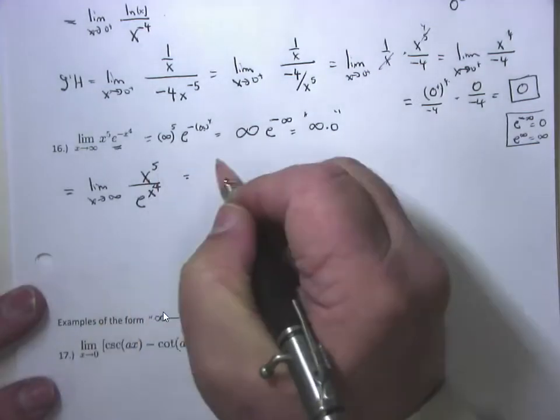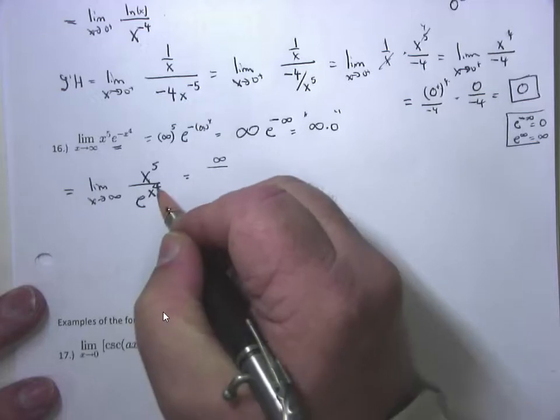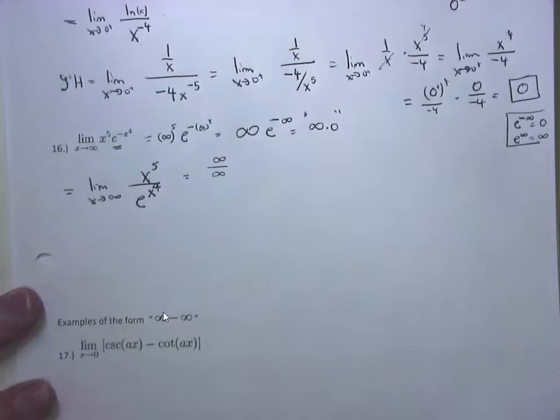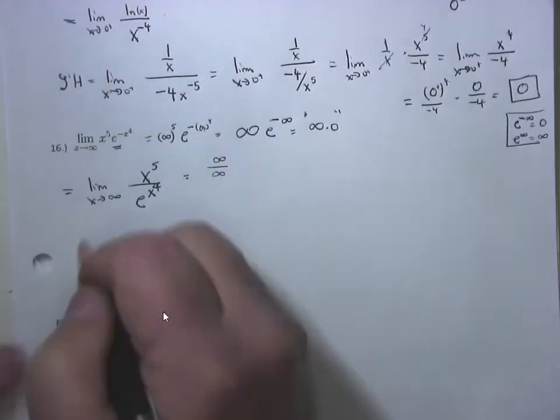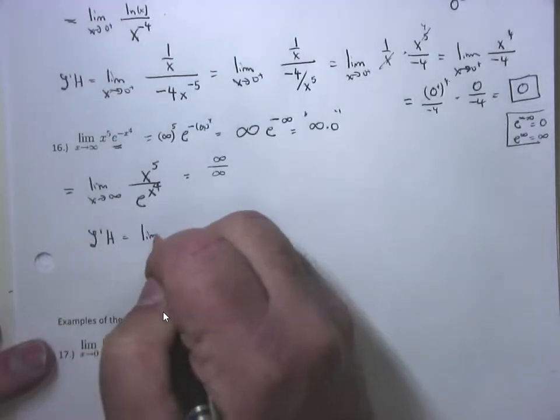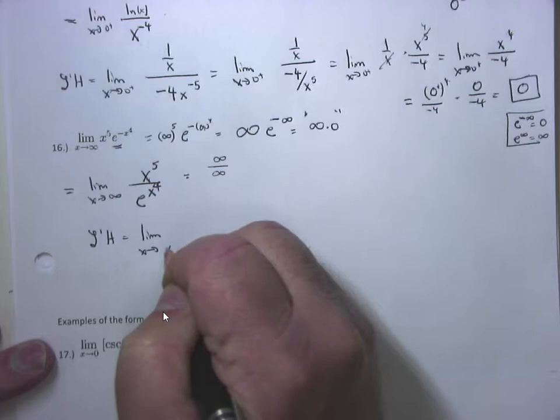Infinity to the fifth power is infinity. Infinity to the fourth power is infinity. And e to the infinity is infinity. It is infinity over infinity, but that is L'Hopital's rule. So I apply L'Hopital's rule to this, and I end up getting the limit as x approaches infinity of,